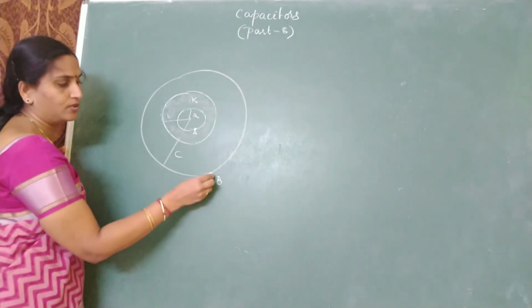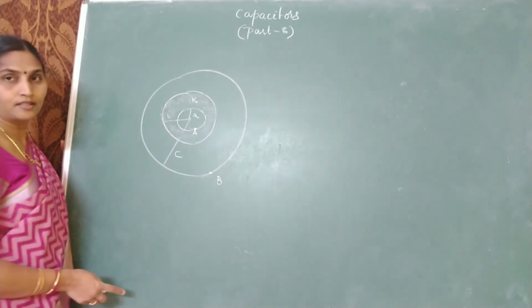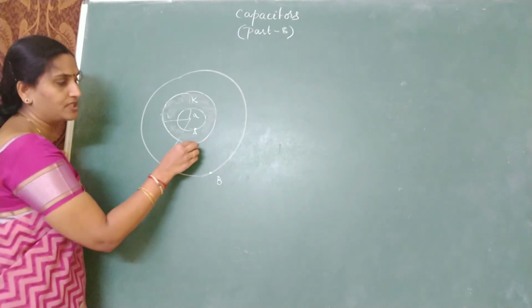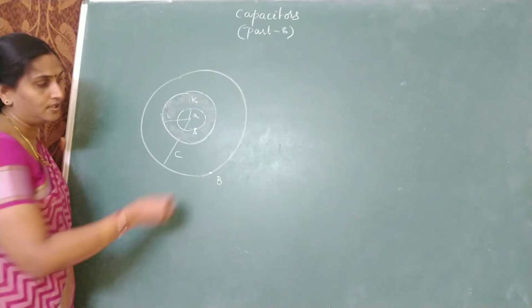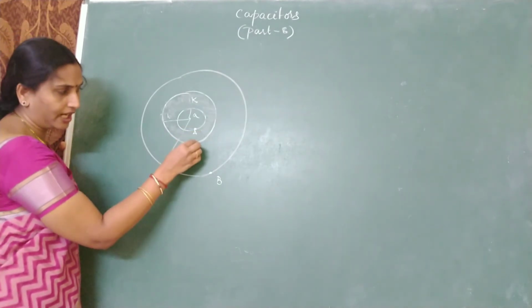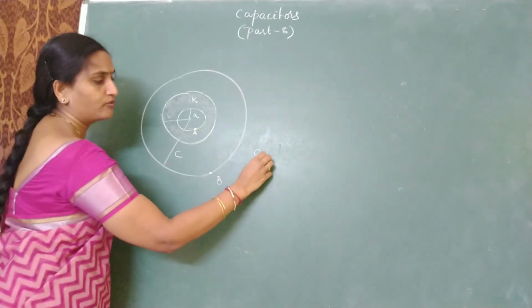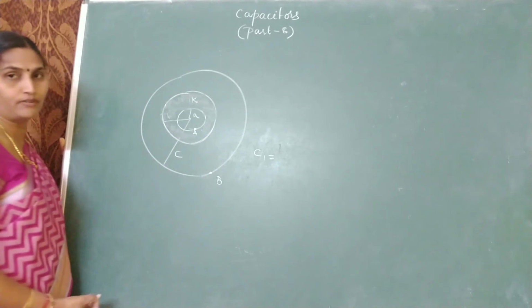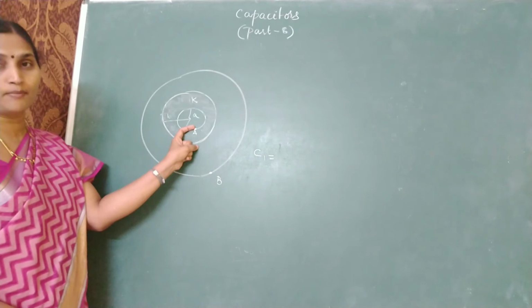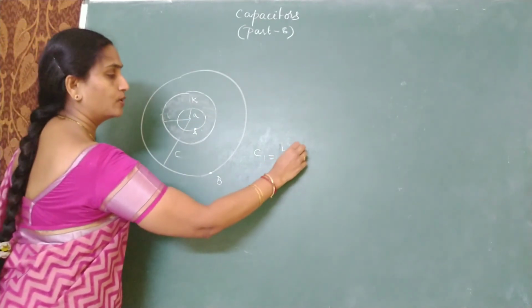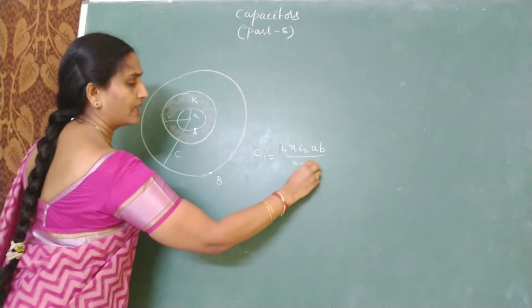Now since you need to find out the equivalent capacitance between A and B, if you observe the diagram, you will see that this is a common surface for the inner shell also and the outer shell also. So if you assume that between the first and the second shell there is a capacitance, what would be its capacitance? Just now we have discussed. If this region is completely filled, between A and B, if you want to find out the equivalent capacitance, what would your answer be? 4 pi epsilon naught AB by B minus A.